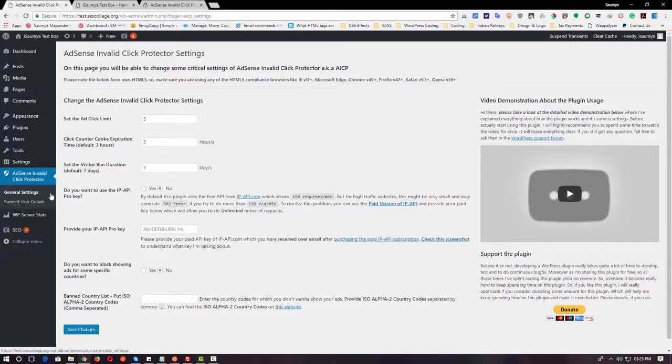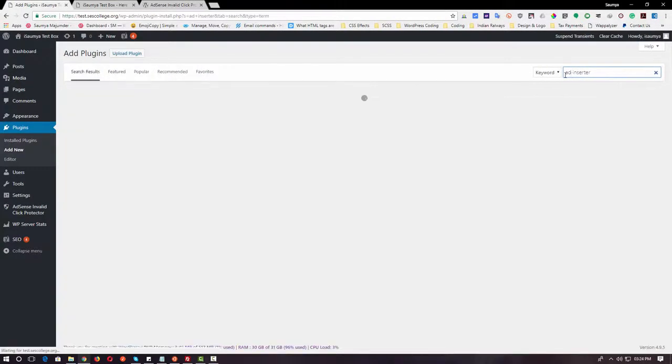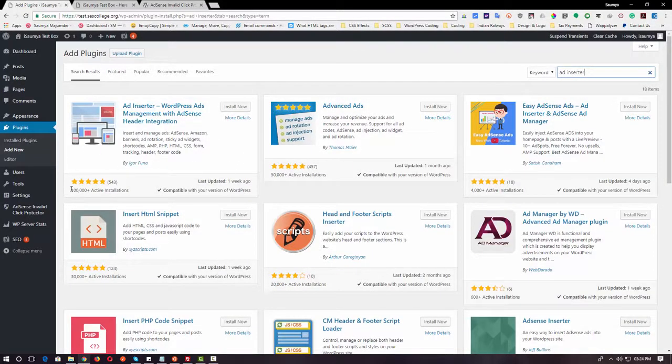Now if you are not quite acquainted with programming and do not have much expertise with how to code, then the best way of adding your AdSense code is by installing another plugin. It's called Ad Inserter. This is one of the best plugins for inserting your AdSense or any kind of ad codes into your system. This is the plugin. It's a very popular plugin and the support of this plugin is phenomenal, and it has always been properly maintained and updated. So just install the plugin